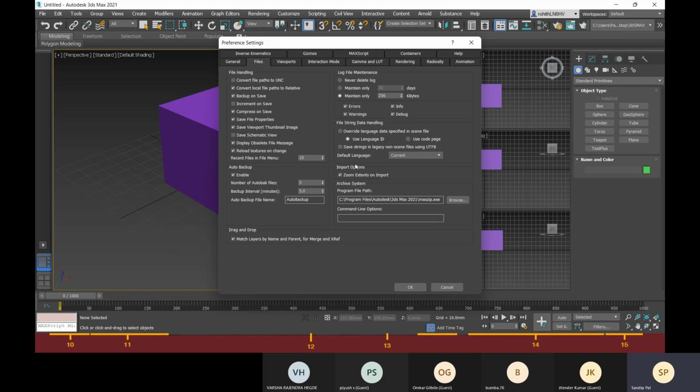I hope after this class you can remember this option, or you can just follow. If you have opened the 3ds Max software, you can just follow it right now, or you can have the recordings after that also. You can practice it. So these options must be checked. Here you can see that convert local file paths to relative.